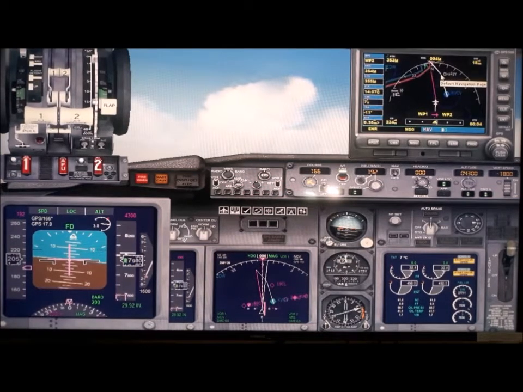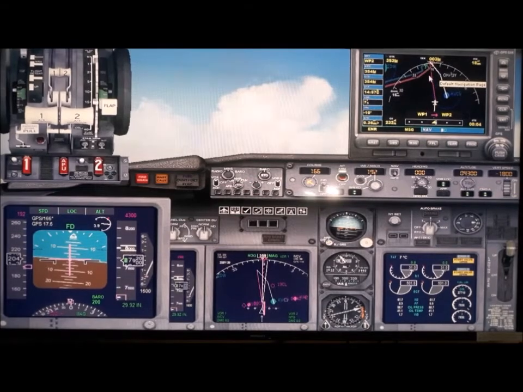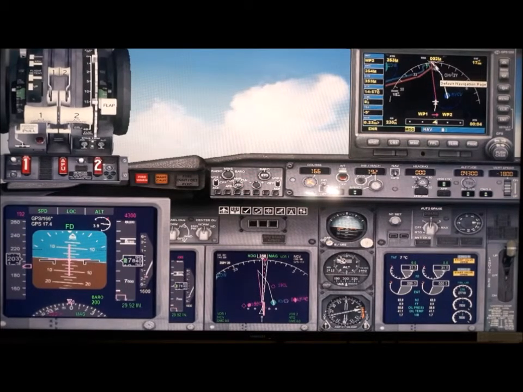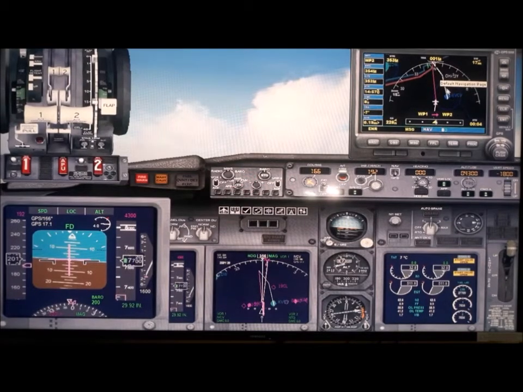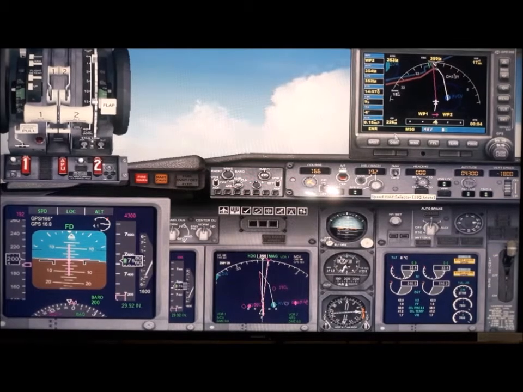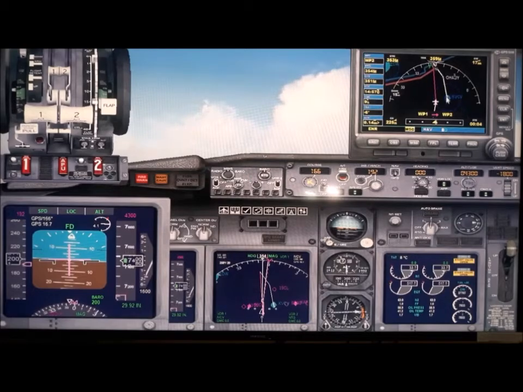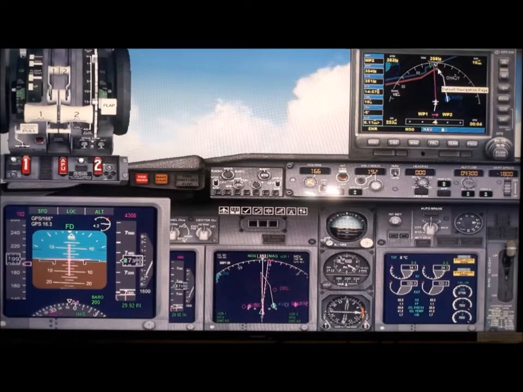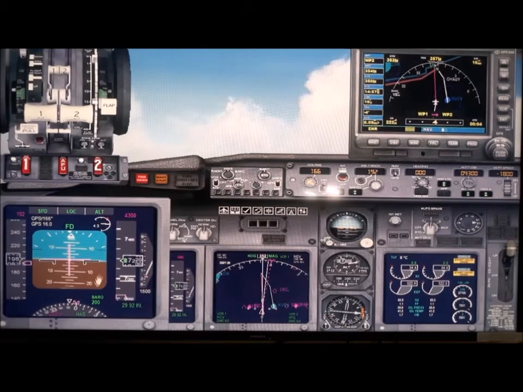At this point we have to be at 4,300. Now the plane is taking this route, and here it will take a turn. This will be the intercept, and from there, when it is at 4,300 set here, it will intercept this glide path and automatically touch down, and the center line will be captured by the ILS. There will be two diamonds here, one diamond here, another diamond here, that we will see when we move into nav. At that time we'll move to nav and approach, and actuate this approach button.